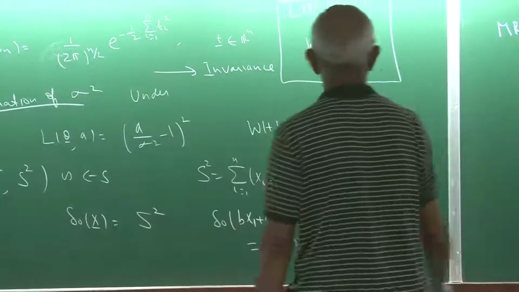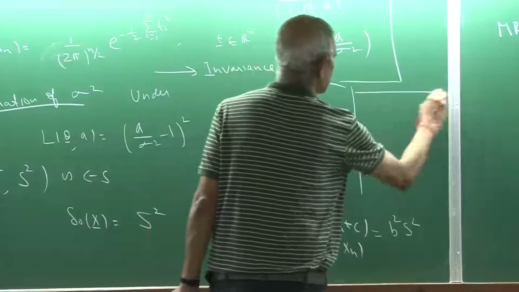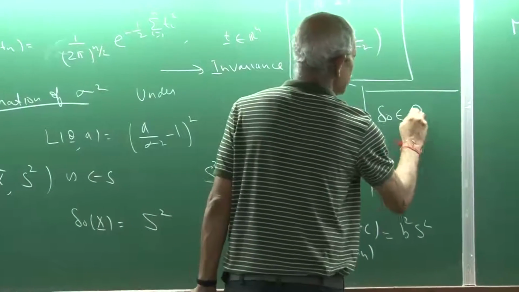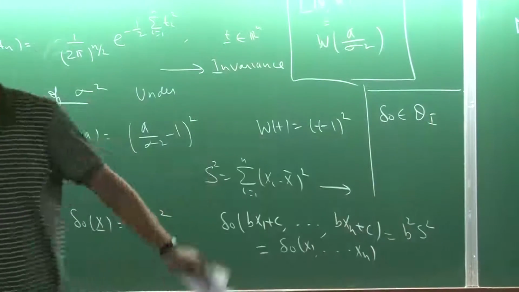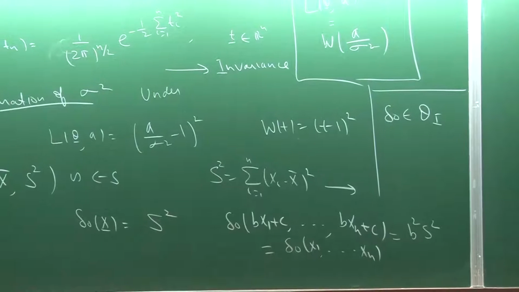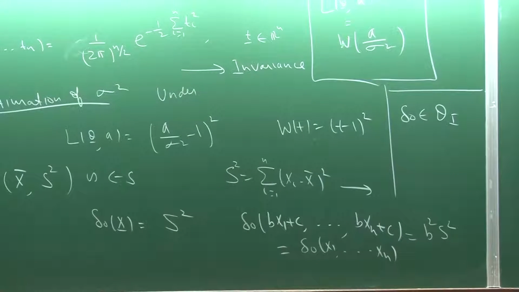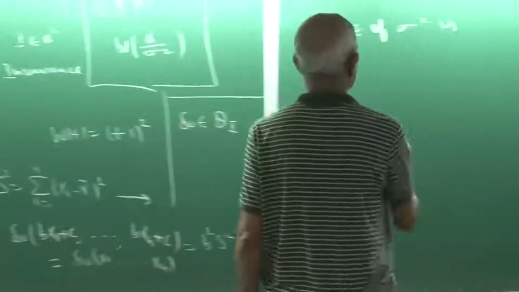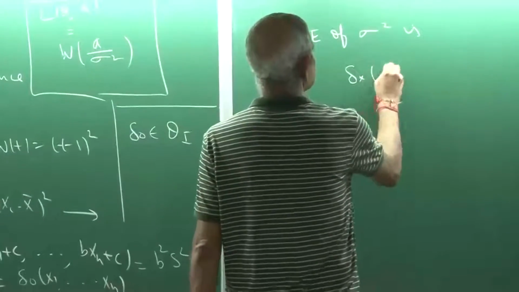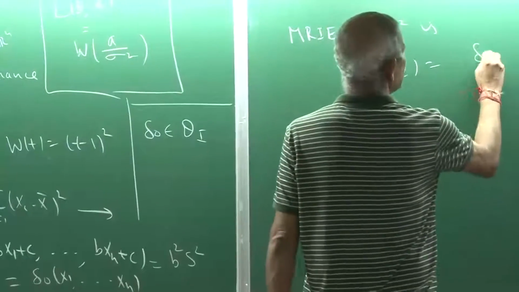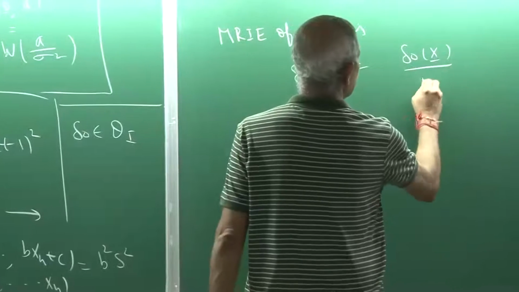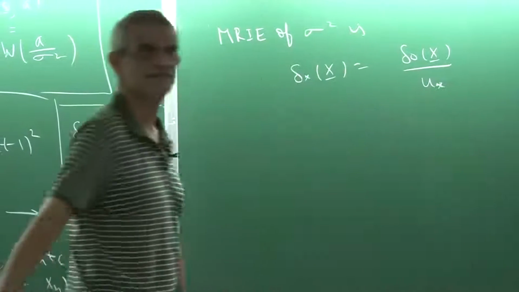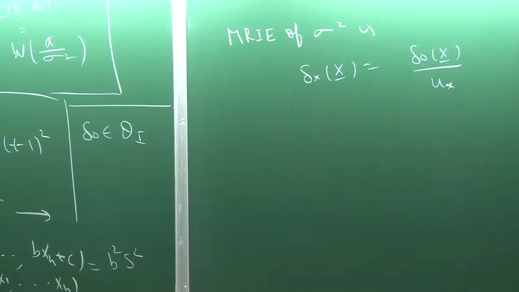So what does that say? This says that delta naught is invariant. So I have an invariant estimator of sigma square, which is a function of a complete sufficient statistic. So what is the MRI? MRI is delta star x, which is delta naught x by u star, where u star minimizes